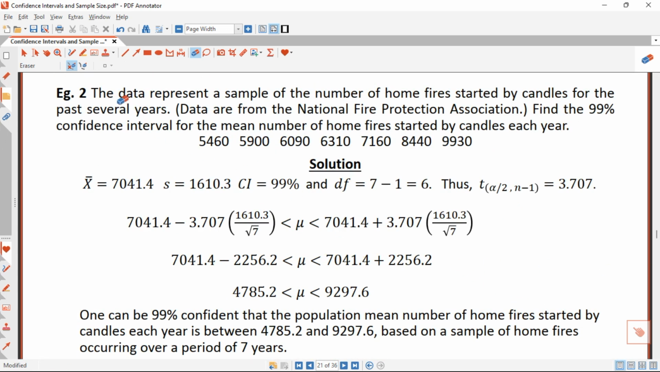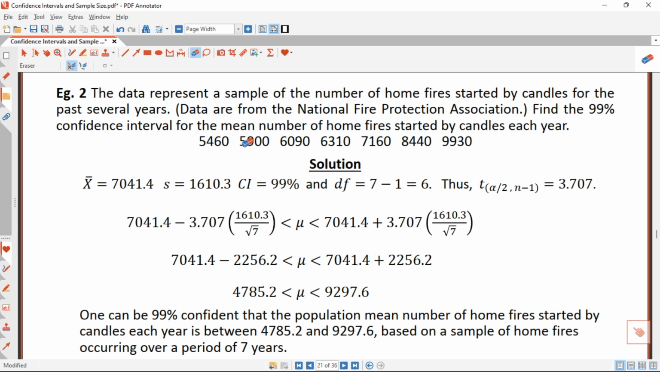And then we have our second question. The data represent the sample of the number of home fires started by candles for the past several years, right? The data are from the National Fire Protection Association. Find the 99% confidence interval for the mean number of home fires started by candles each year, right? So this is the data given to us: